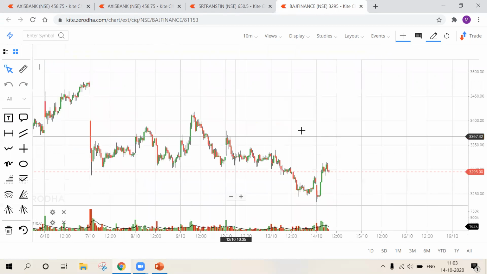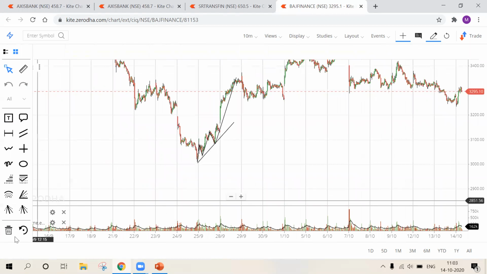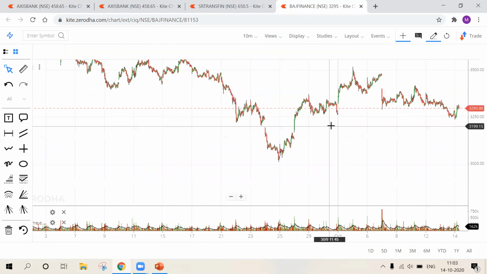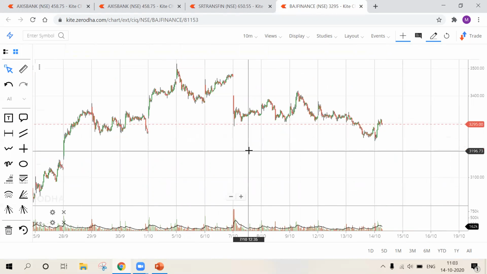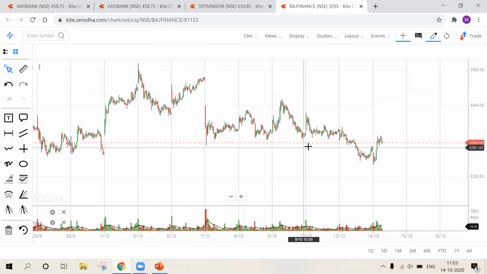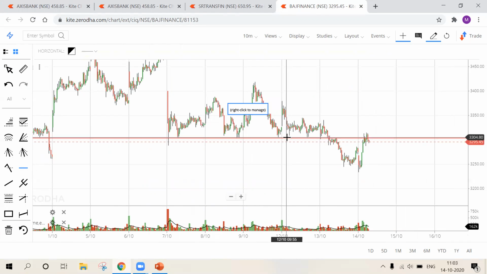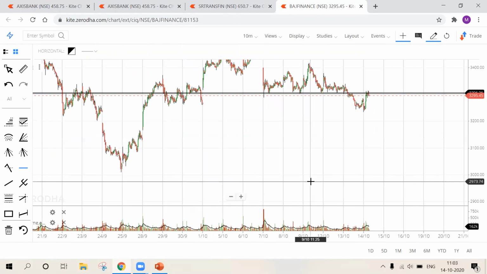So I'm gonna delete all previous charts. I'm gonna delete all previous plottings. All right, now let's work on price action strategy. Okay, all right, I'm able to find this as a good support level. Okay, now see,